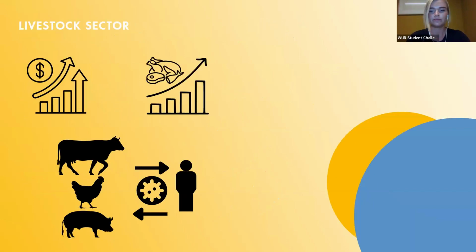So livestock production significantly contributes to the livelihood of people in both high and low income countries. And there's also an increasing need for animal products to feed the global population. On the other hand, the sector is also responsible for the emergence and spread of infectious diseases, which have the potential to severely impact both animal and human health. And as we've probably all seen by now, that can cause significant societal disruption and economic loss.